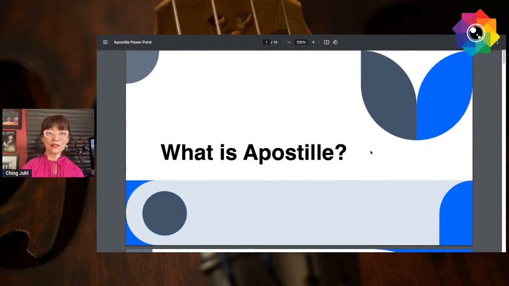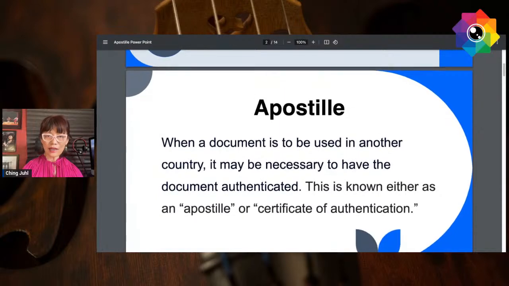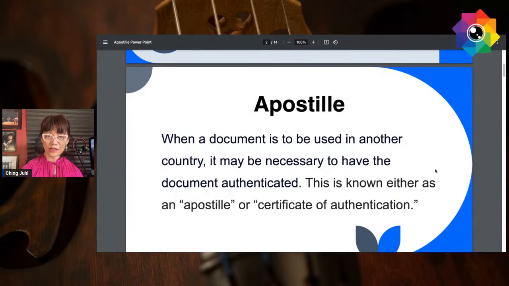Now, apostille. What is apostille? Apostille is when a document is to be used in another country, it may be necessary to have the document authorized, meaning notarized. And this is known either as an apostille